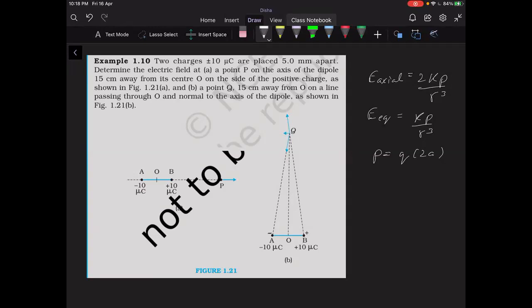1.25 into 10 power 5. Right. That is almost correct. 1.25 into 10 power 5. Yeah, more or less correct. Okay. Moving on. Next we have,